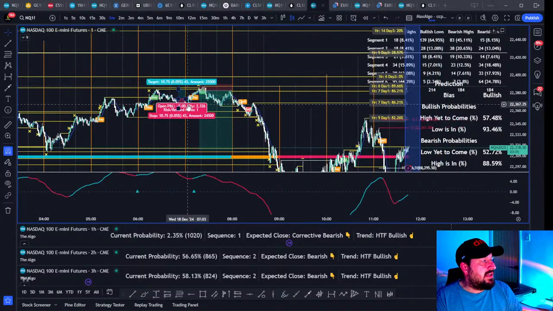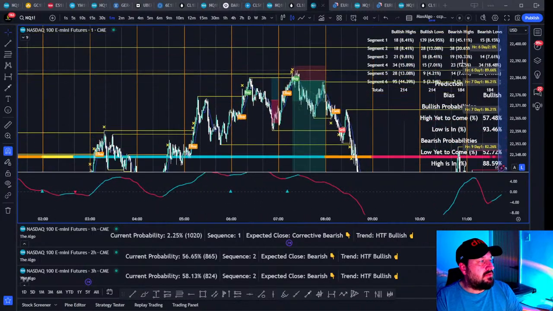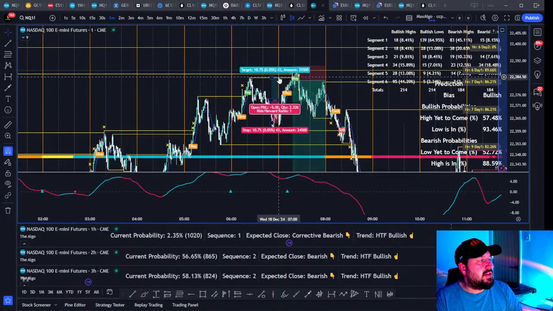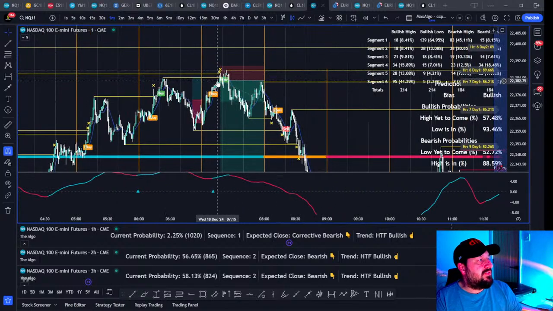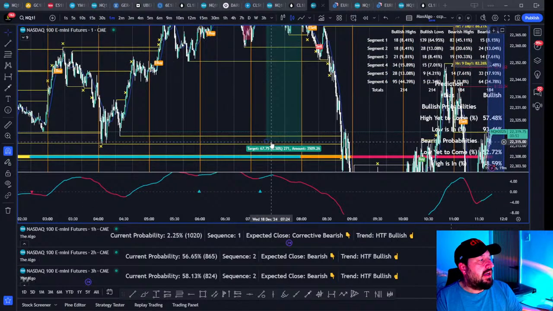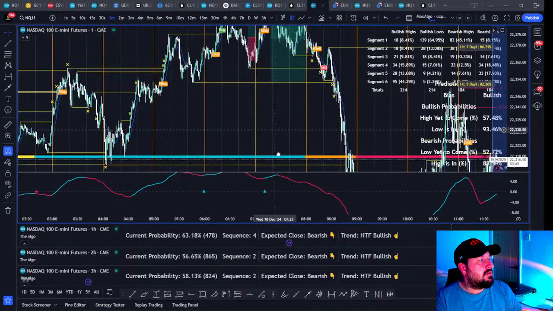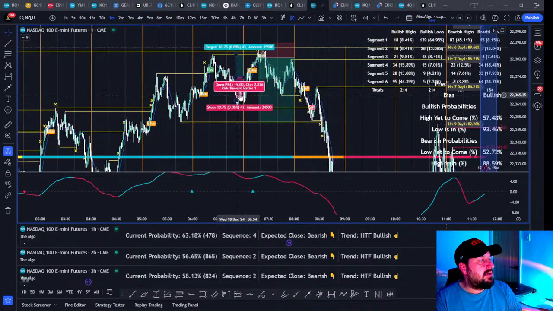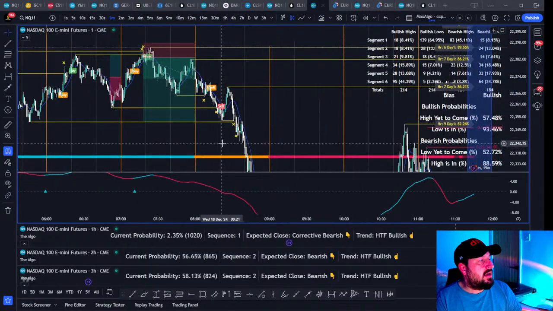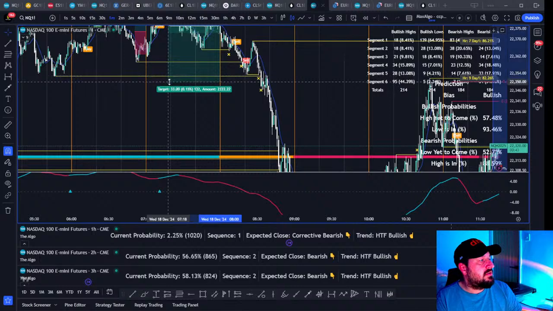This was a failed lazy boy. Just took me out and then went straight to target. This was the last level liquidity. These are all zeros, right? So took a short here and targeted these lows for that trade. And then we had a lazy boy setup. Oh, no. It must have been these lows.